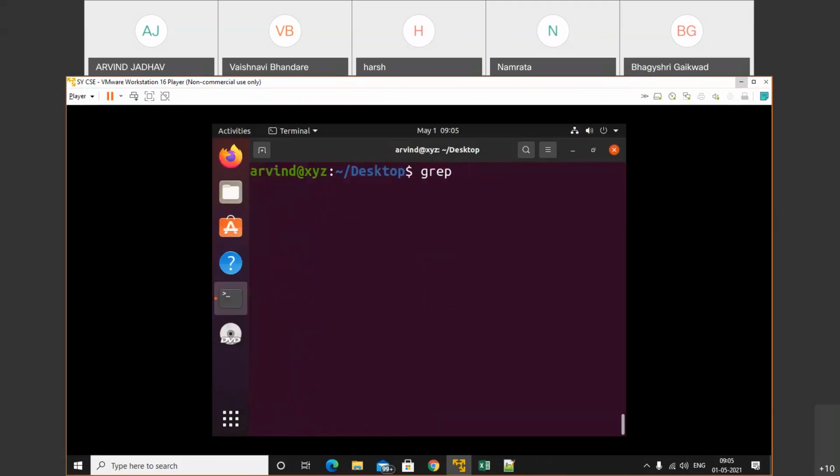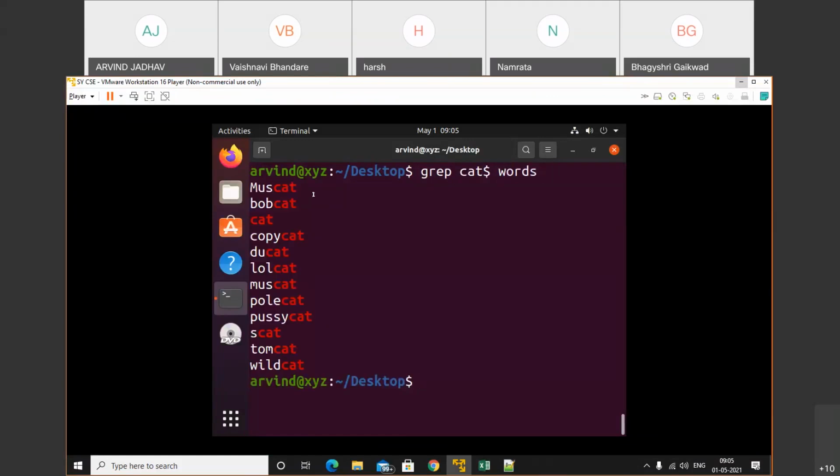The word is cat, and at the end we pass the dollar. Muscat, bobcat, cat, copycat, the cat, lolcat. The end must be cat. Easily we can find that.